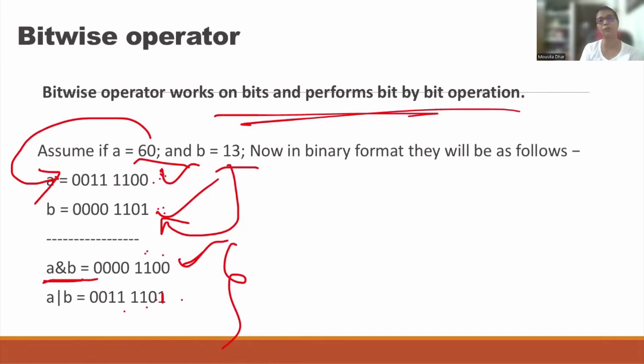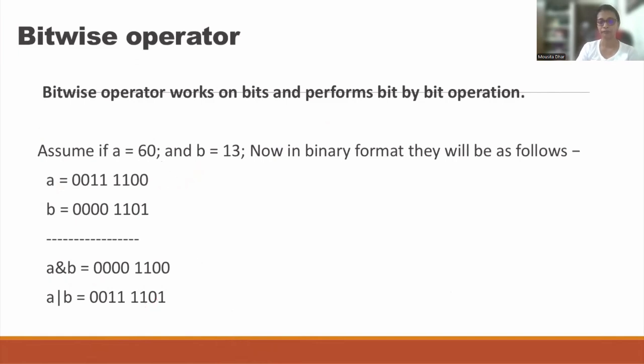This is how the bitwise operator works on the values. This is just a simple example I have given, but remember, bitwise operators always work on the bits,